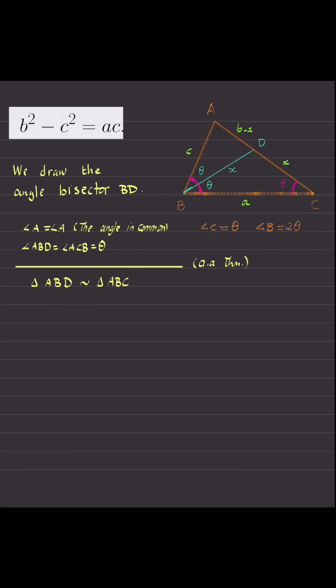Okay, so then I can write the ratio of the corresponding lengths to be equal. From the little triangle, AD, which is opposite to angle theta, I will find angle theta here and read the opposite side of the bigger triangle. So if I choose B minus X from the little triangle, I have to divide this by C from the bigger triangle. Okay, this becomes equal to, now if I choose C from the smaller triangle, C is opposite to